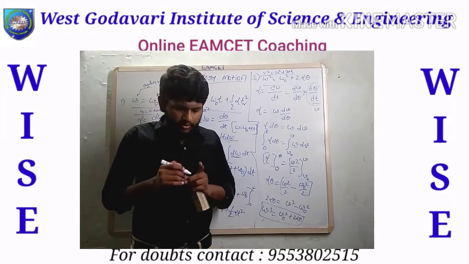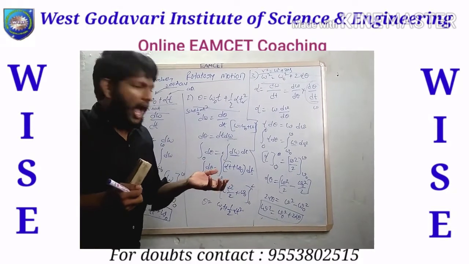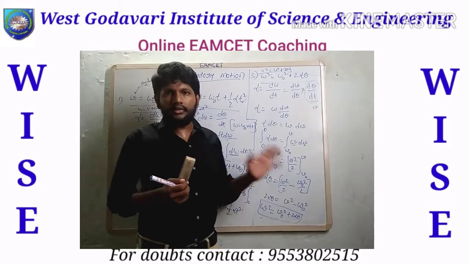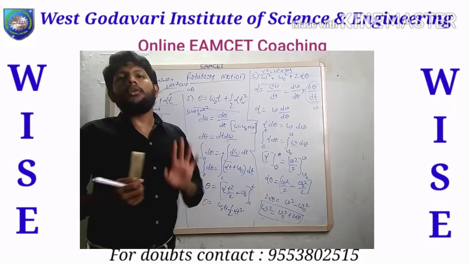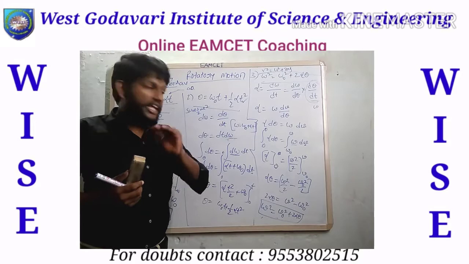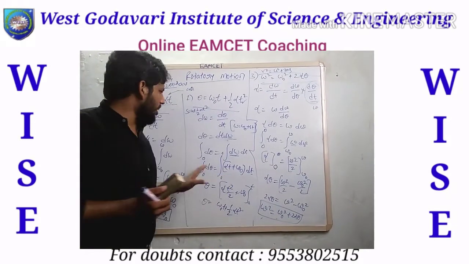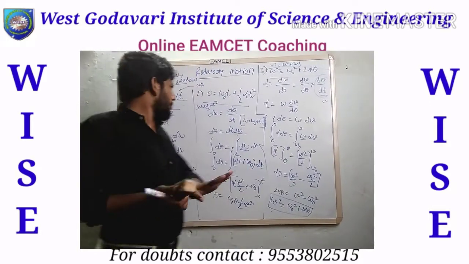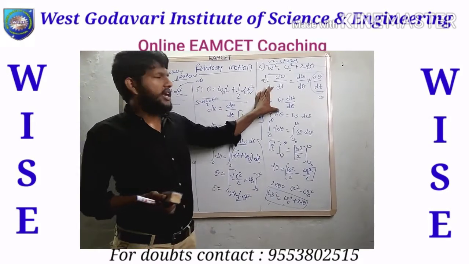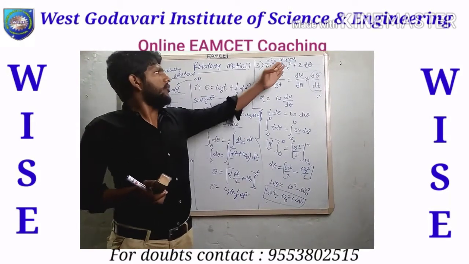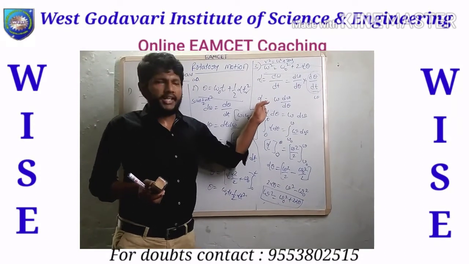In the MSET exam, the question is like this: write the equation of motion when acceleration is given, and you have four options. At any step you can get the answer. That is why the derivation is important for the objective questions in this concept. The simple way to remember: first take the equation as acceleration, angular velocity. Here you need to find out alpha, so that is why we write acceleration.